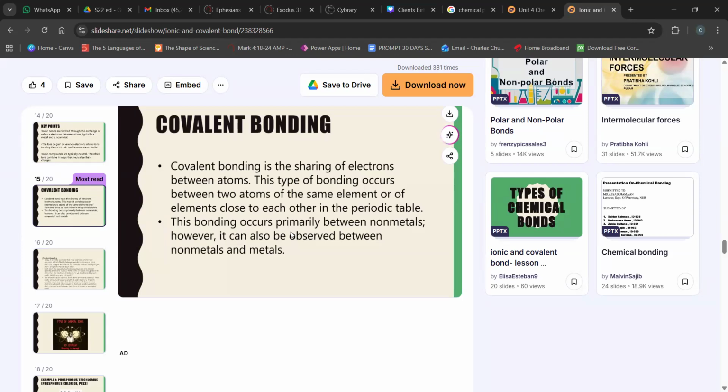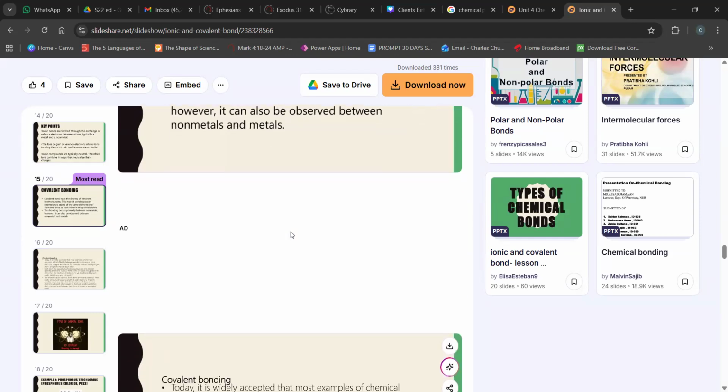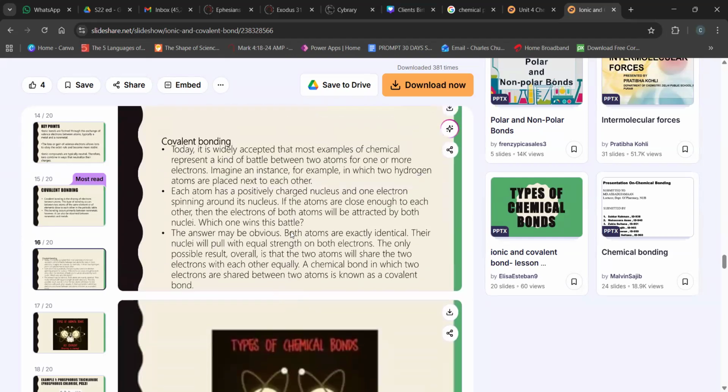And this bonding occurs primarily between non-metals. Okay, we've already said that. However, it can also be observed between non-metals and metals. Okay, so let's take a look at